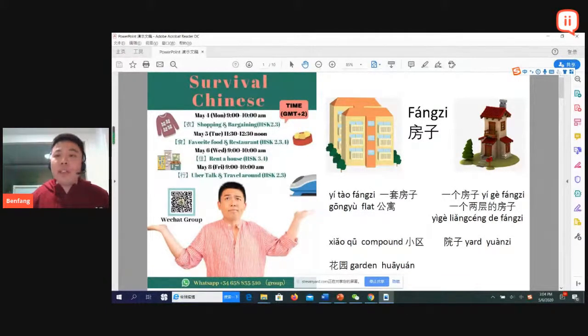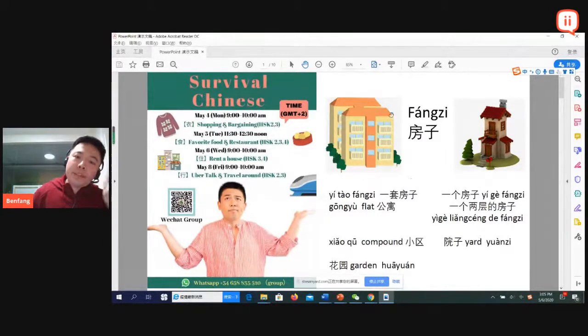So for those kind of house, we don't use 套, instead we use the measure word 个。很简单，一个房子, individual house。如果这个房子有2层, if the house has 2 floors, 我们可以说一个2层的房子, a house with 2 floors。我们也可以说一个3层的房子, a house with 3 floors。